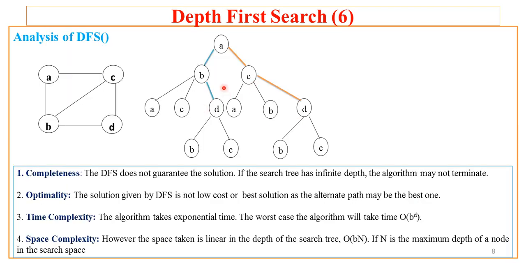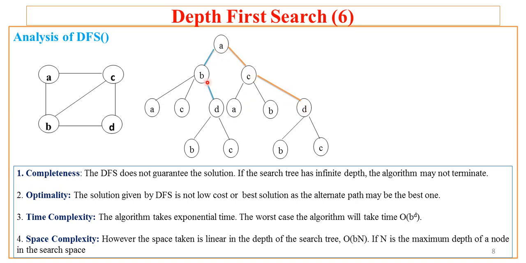Now if we see carefully, our DFS algorithm has traversed this state space. As it has traversed in this fashion, A to B and B to D, we have got the path A, B and D. What if C would have been at the beginning of the open list? It would have followed the path A to C, then it would have explored C, and at some point it would have arrived at node D, and as D is goal, the path would have been A, C and D.